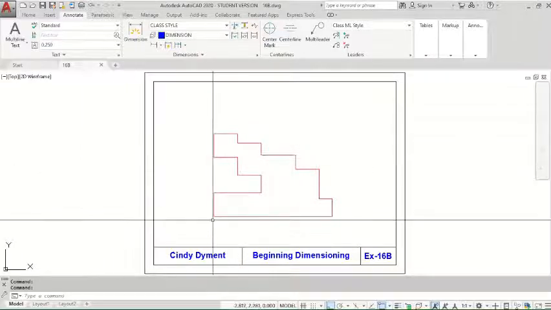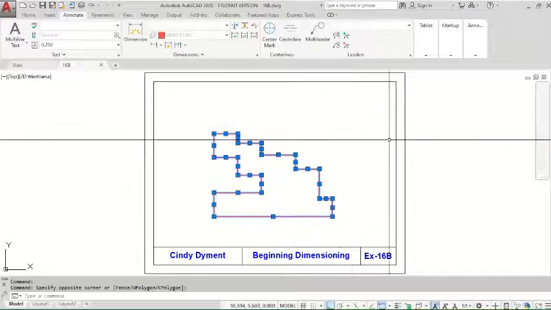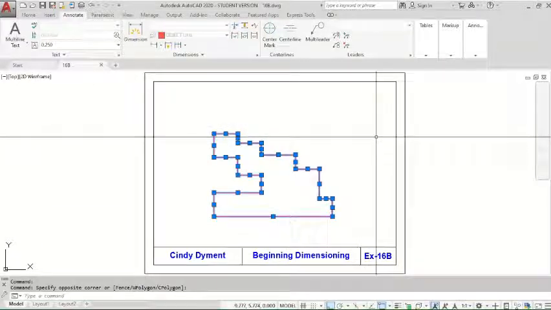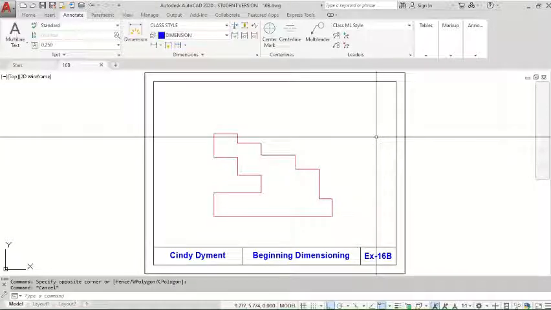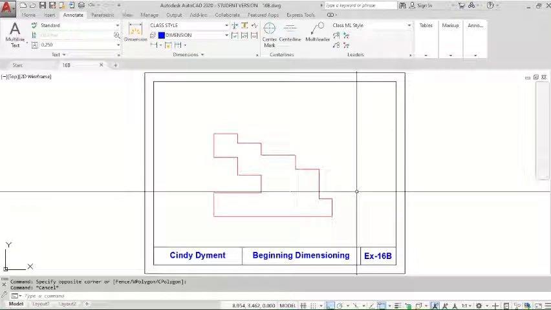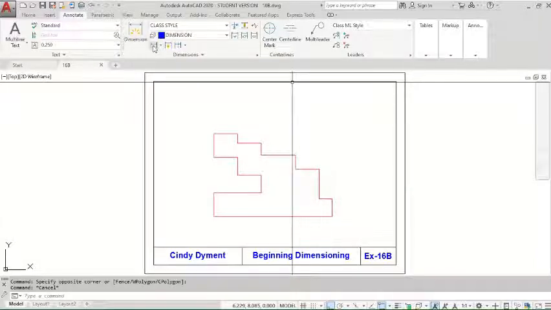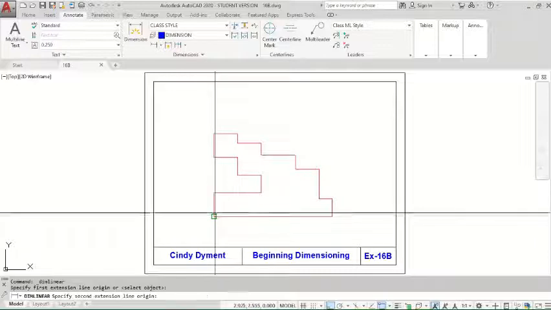Okay, so you're going to go ahead and create this shape just using object lines. Once you have it created, we're going to go ahead and dimension it using our class style dimension, and we're going to use linear, continuous, and baseline dimensioning. So I'm going to start with my linear dimensioning first